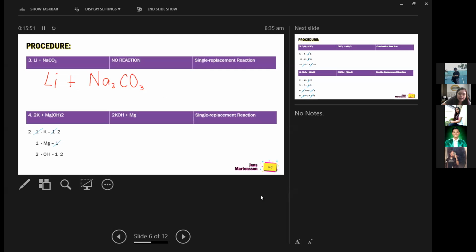Yan lang yung gusto kong i-correct because remember, if we look at their charges, sodium is +1, carbonate is -2. So you have to do a crisscross here because you will not get a 0 when you add the positive and the negative charges. So, okay. Ever since kasi when I was learning chemistry, there are lists na lithium is the most reactive element. But I think nowadays, the list,